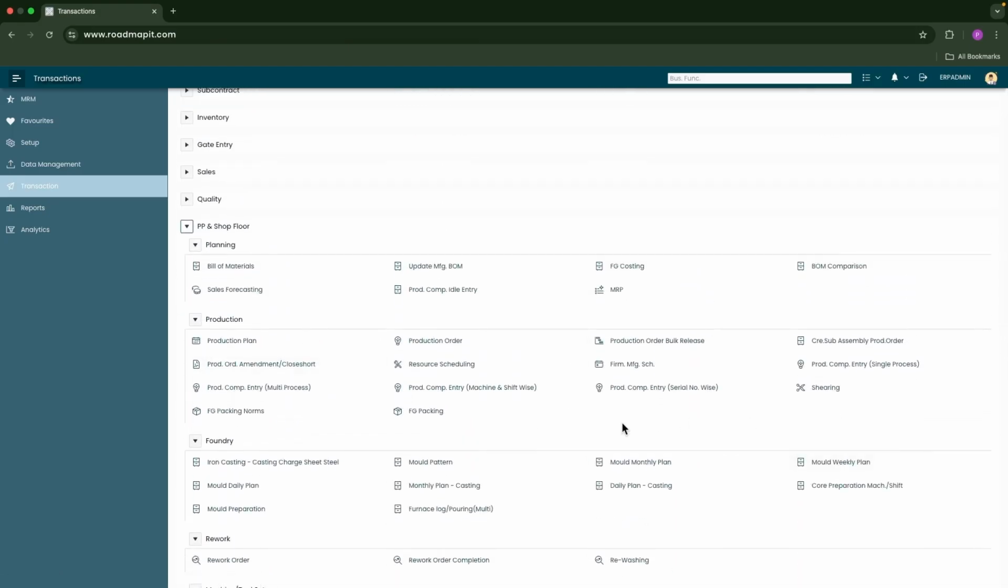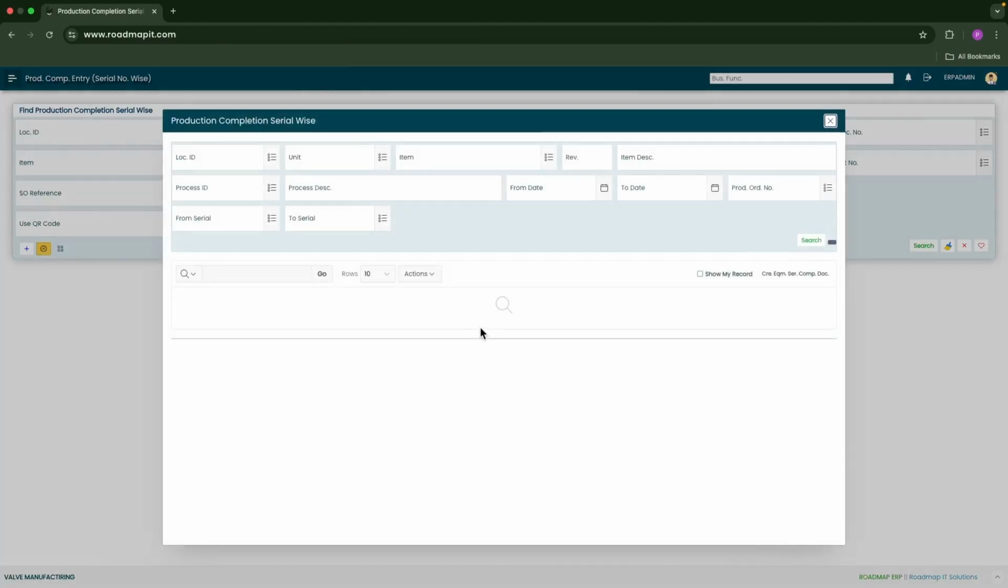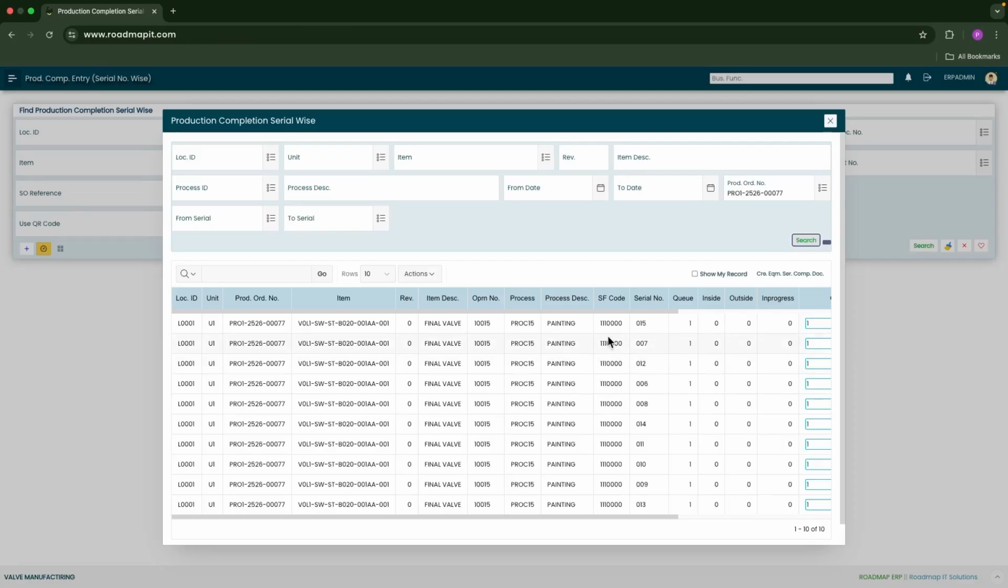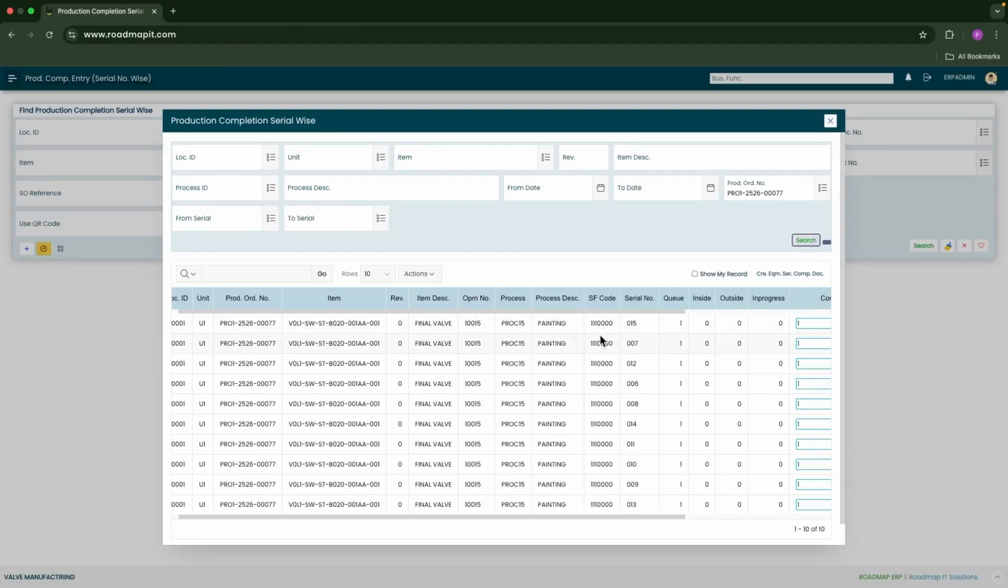Navigate to production completion entry, click on the pending records, click on search with the production order number. Now you can see the third process is also completed and SF code is updated with 3, 1 and 4 zeros. So in the same way, we will complete the other 3 processes